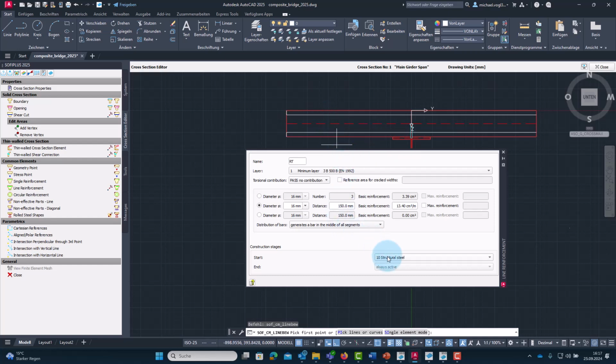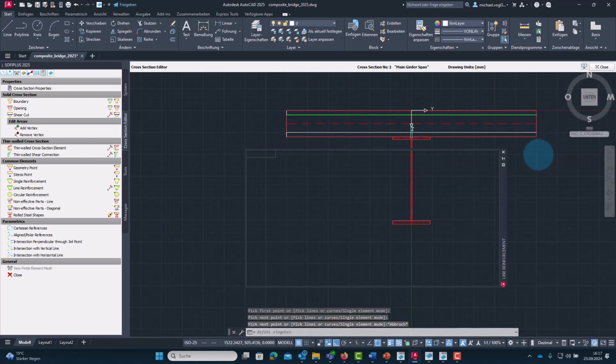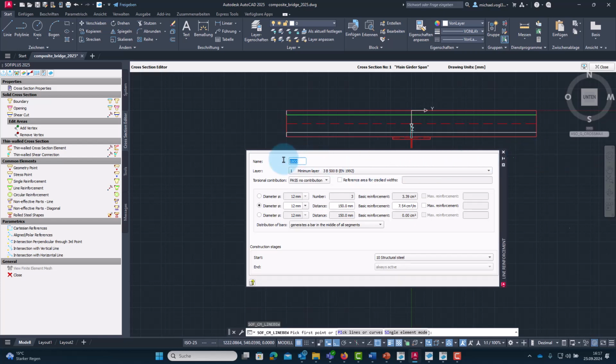And it's also important, of course, to set the correct construction stage, so 20 here. Okay, I create the top reinforcement. And then I repeat this for the bottom reinforcement. So same amount here, and of course the construction stage.